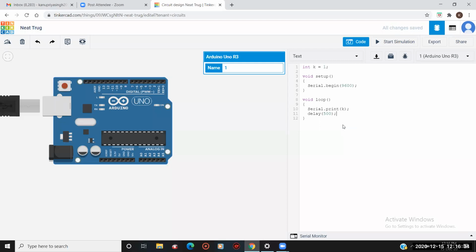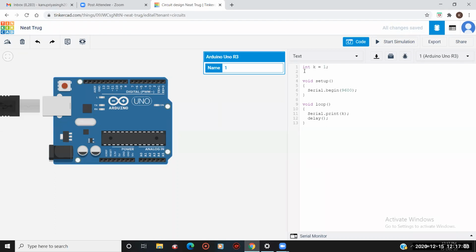For now, 500 milliseconds I'm giving, but this is very wrong. Why is this very wrong? Because we don't use the constant, we use the variables, right? So I'm not going to use this constant, and I'll just delete it. But I want the delay.